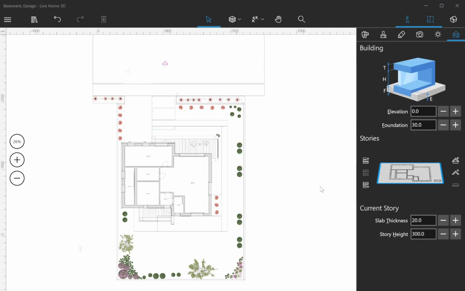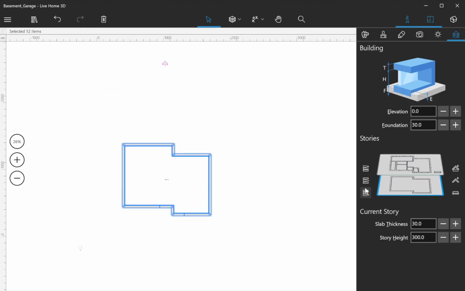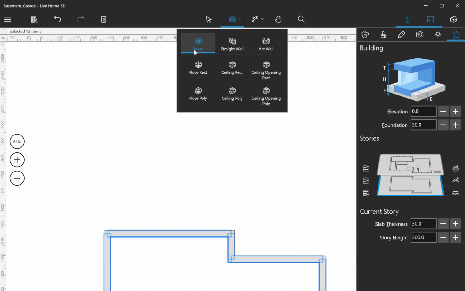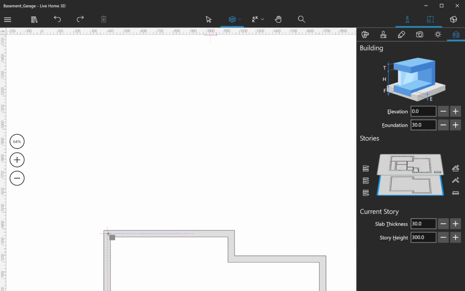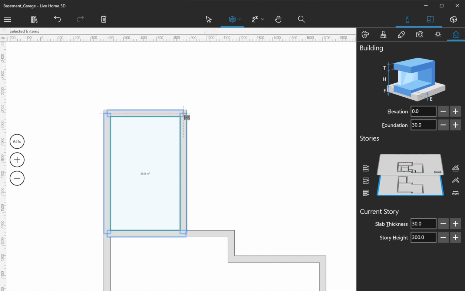After setting the elevation to 0 in the Building's Property tab, I will go ahead and add a story below the current one. That's how a basement floor is created. Now I need to make the entrance. For this, I will create another basement room adjacent to the previously created one. The Room tool will help me with this.